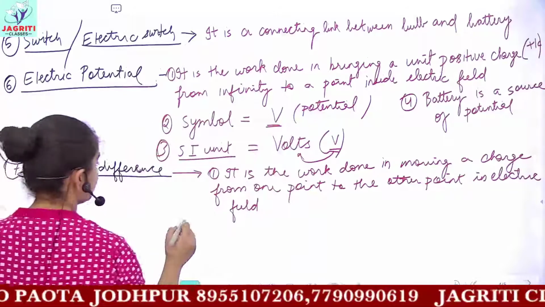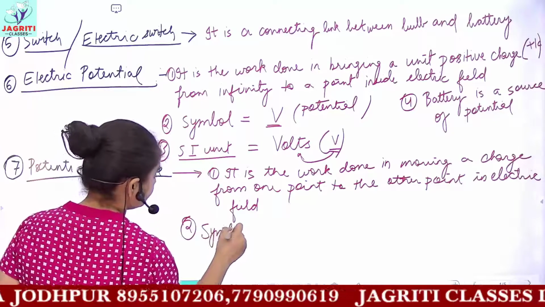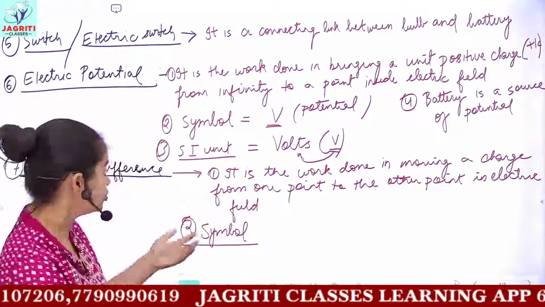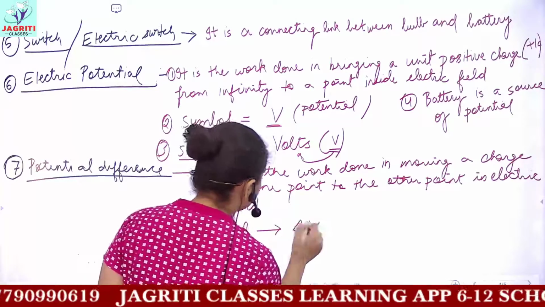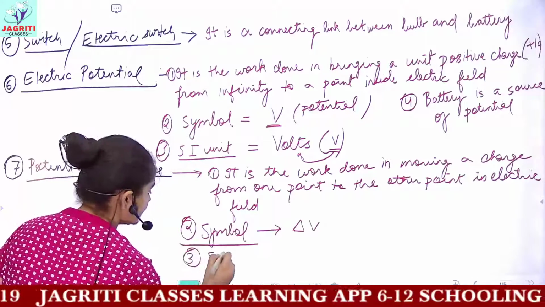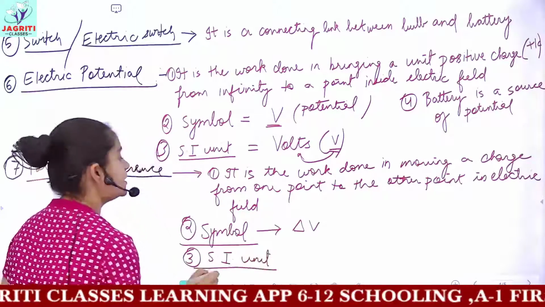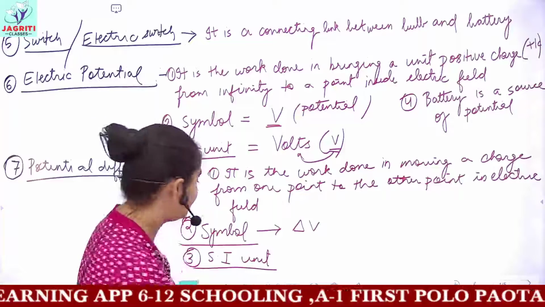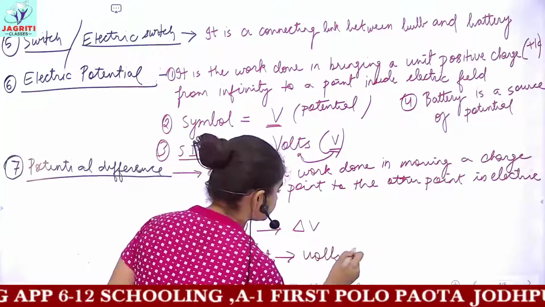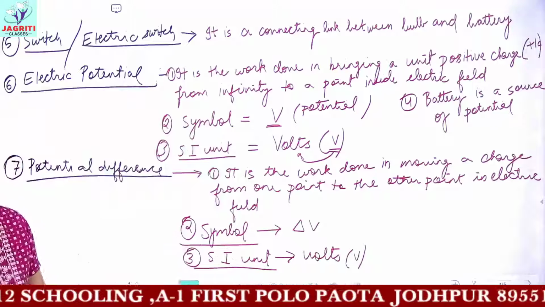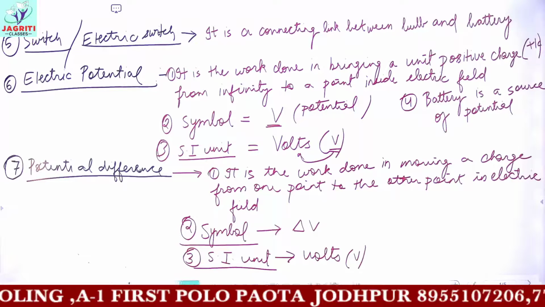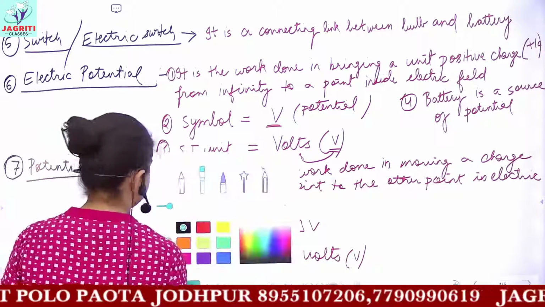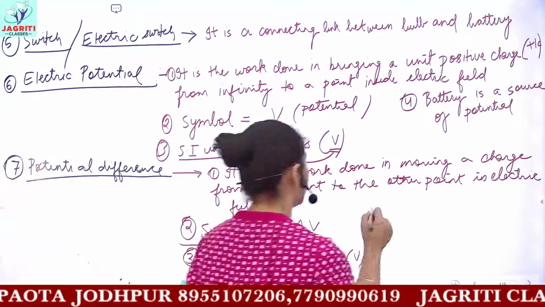And this potential difference is denoted by a symbol, because potential difference means change in potential. So change in potential is denoted by the symbol delta V, and its SI unit is the same, because if I am finding delta V, that is V final minus V initial, the SI unit would remain the same, that is volts. So this is the SI unit of potential difference. Now if we try to define the formula for potential difference, the formula is very easy. See the fourth point as the formula for potential difference.